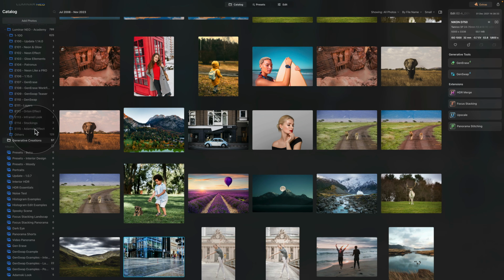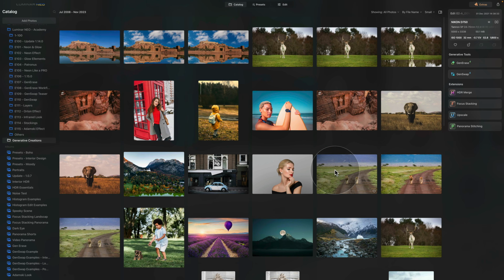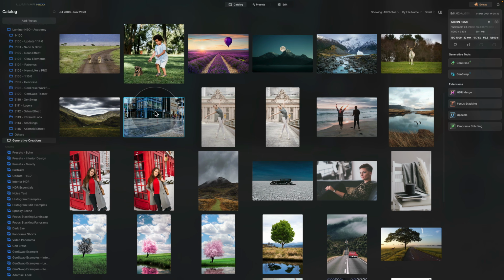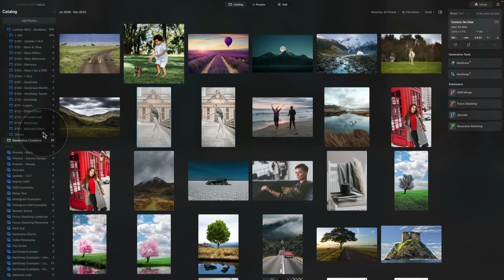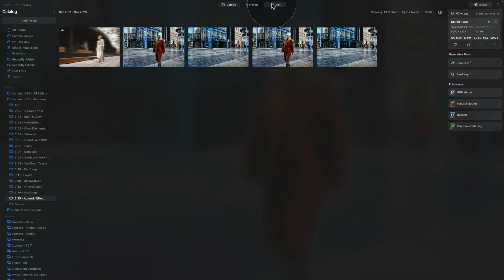Once we do that, the new image will be placed into Generative Creations folder where we can look for it. Let's have a look where it is, somewhere here. And from here, we can now take it and drag and drop it into our Adamski Effect folder. Once we have it there, we can return back and we're gonna select the second image and move it into